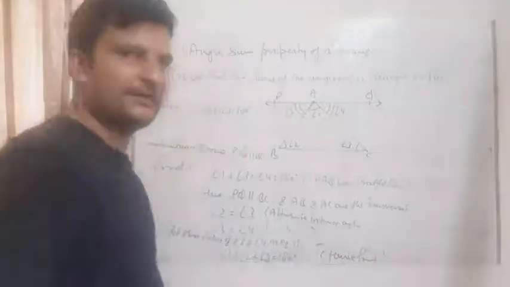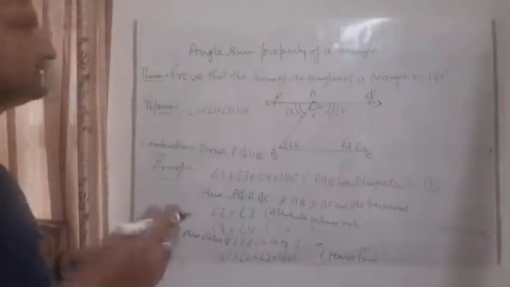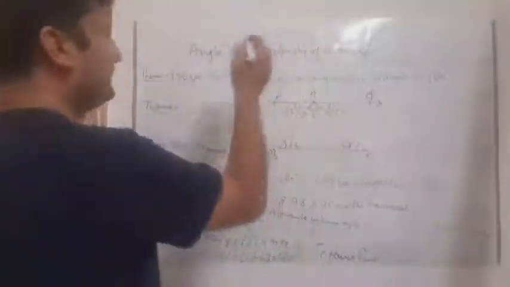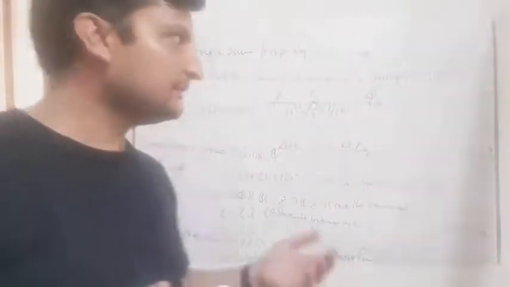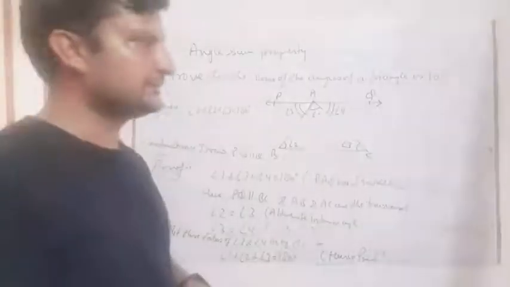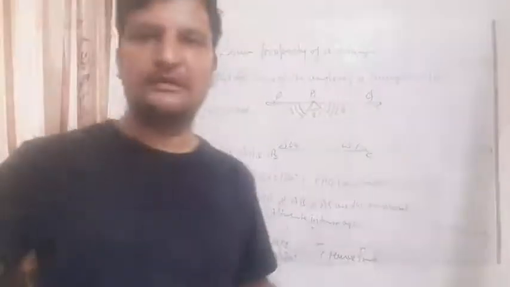यही हमें प्रूफ करना था। So students, this is a very important theorem. So we have done this. Now the next theorem we will not prove, only we have to write: the value of the exterior angle is the sum of the two interior opposite angles. So we will do it later. So first note it down, students.